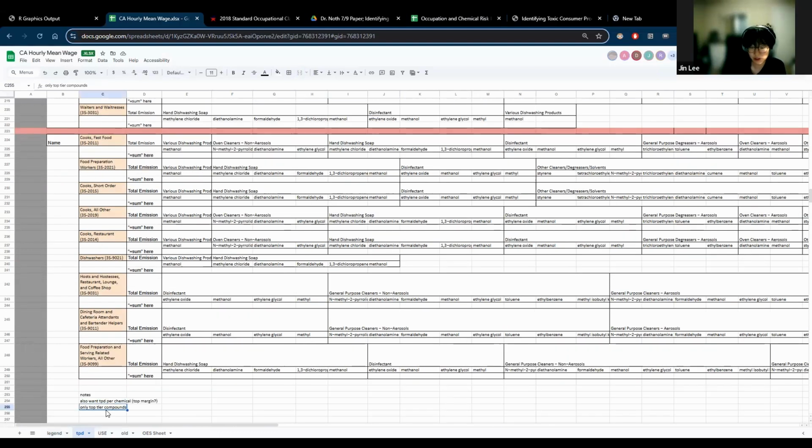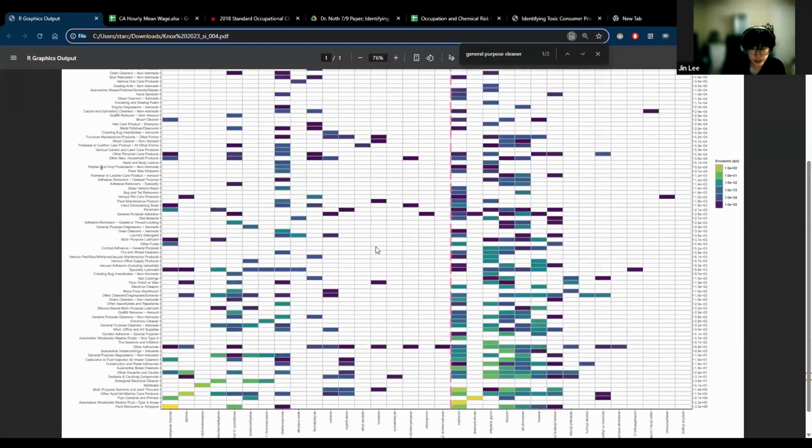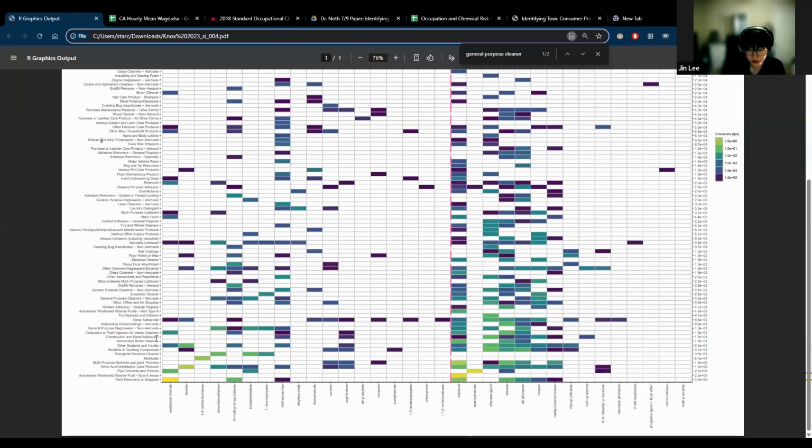Since we're only doing top tier compounds, this is my mistake last week. We only need to look at left of this pink line when we're doing this. Everyone understands that? Everyone just give me a verbal yes.